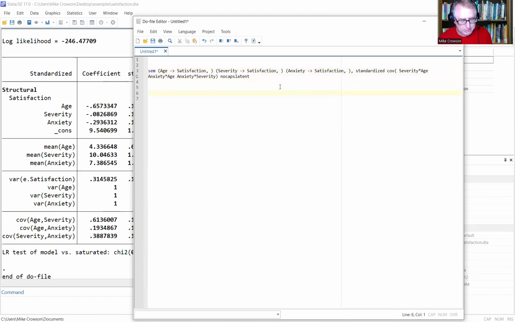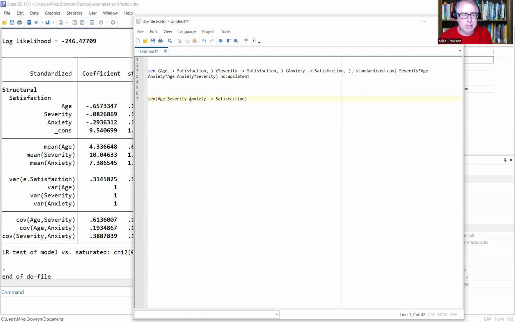Just to show you what's going on, though, and actually, if I want to make this a little bit simpler, you'll see that what it's done is it's basically generated a prediction from age to satisfaction, severity to satisfaction, and anxiety to satisfaction. That's three separate parts of the analysis, but I can actually simplify this. If I type in SEM, that's the main function for performing the SEM. Inside parentheses, I can type in age, severity, and anxiety, followed by my little arrow, which is just the hyphen, followed by the greater than sign, then type in satisfaction right here. You can see that we can simplify things